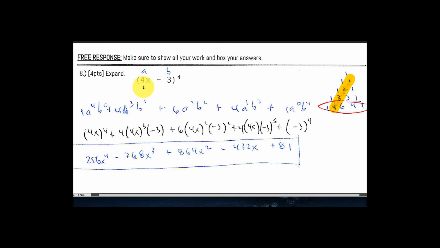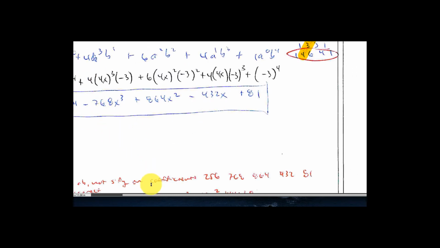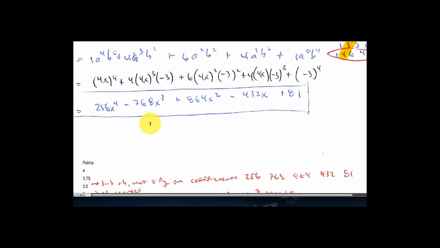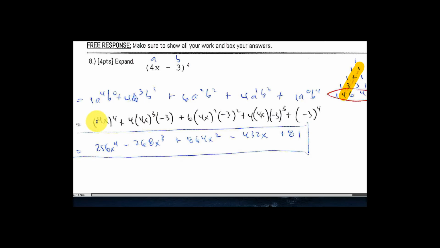And you'll notice that the substitution I did there is in parentheses. A value is 4x. And then every b value is going to be negative 3, again in parentheses. That one I don't need. And then 4x times 4x times 4x times 4x gives you